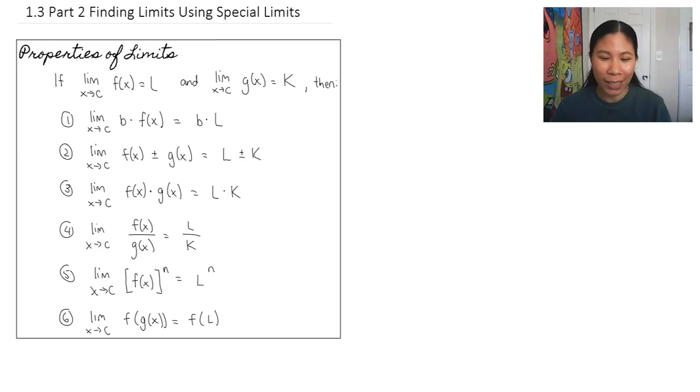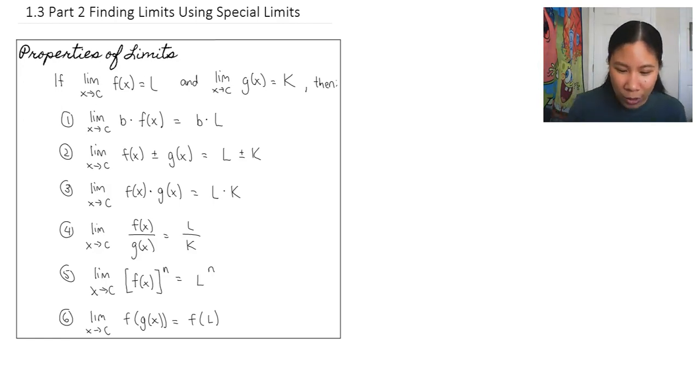So today we are finding limits using special limits, but with these special limits, we can't really use them until we know the basics of the properties of limits. So that's where I want to start today. Properties of limits are kind of like, if you already knew what the limits are, there are little shortcuts that we can use, so that if we were to complicate the original functions, it'd be easier to find the